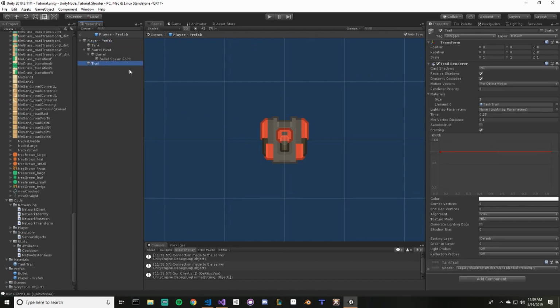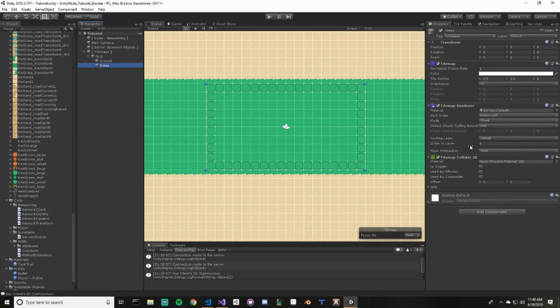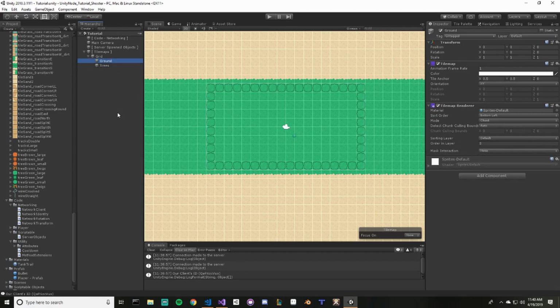So we're going to go in and we're going to click the trail. And under trail, there is sorting layer, default. We'll leave it at default. And then sorting order, we're just going to put this to 10. Okay, beautiful. And then I'm going to go back. So that kind of already saves it. Make sure you hit apply if you're on the older version. And the last thing we're going to check is under tile maps. I'm going to make sure that the order in the layer for the trees is set to 1. So ground 0, trees are set to 1. And if I hit play now,